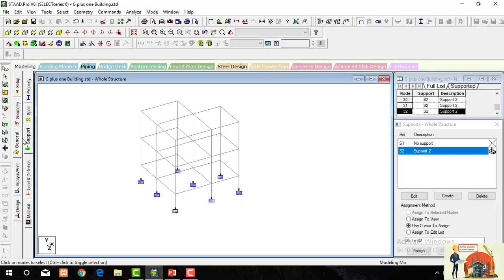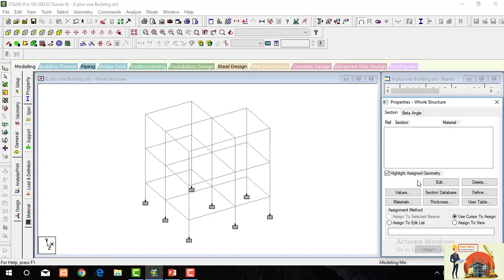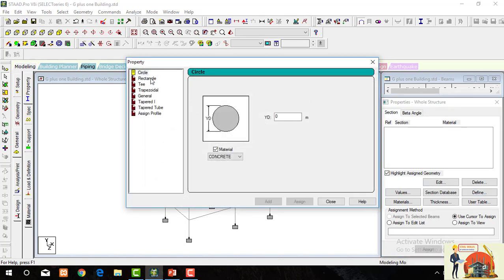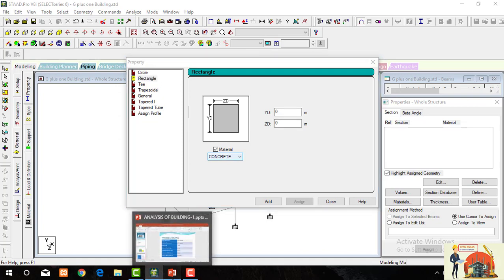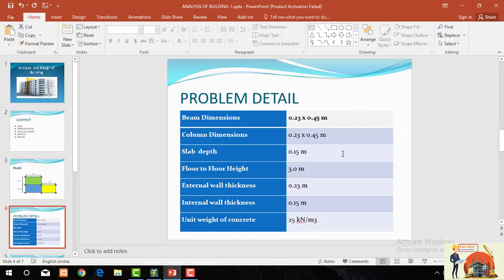Now we are going to define the properties. Go to the property tab, define the properties, go to rectangle, and go to the PDF. From here you can see the beam dimensions, column dimensions, slab depth, etc. given. So let's enter the beam dimensions. Beam dimension and column dimension are the same.